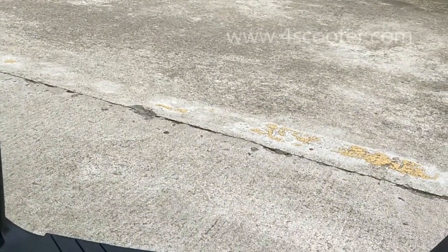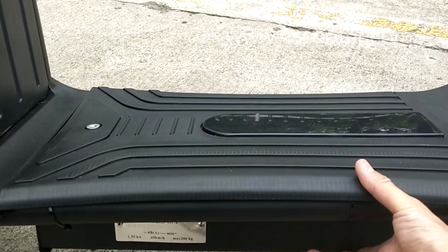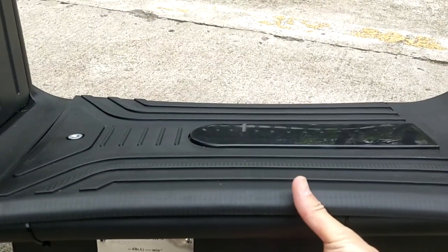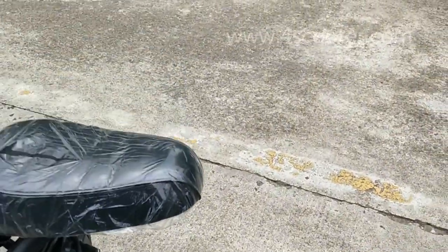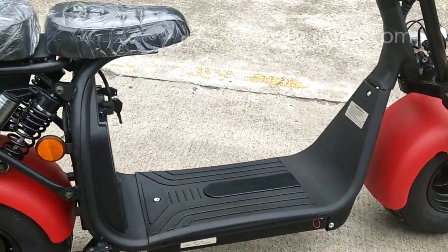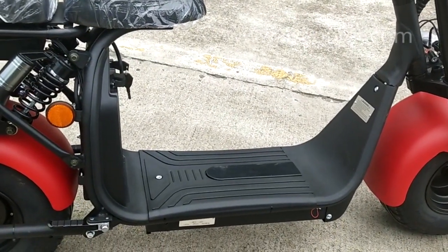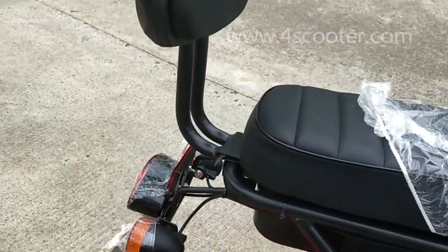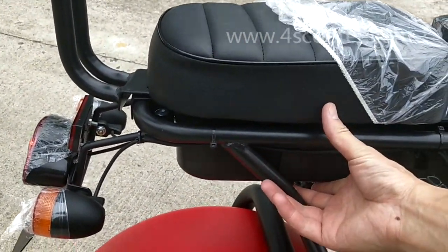And on the latest version, we have upgraded the vehicle frame and made extra space, the cabin for another battery. So with the double battery, the running distance is more than 160 kilometers per charge. Another upgrade is we have a small storage here,